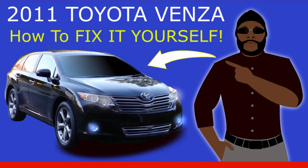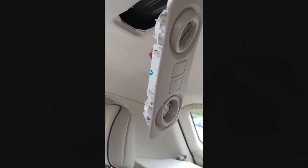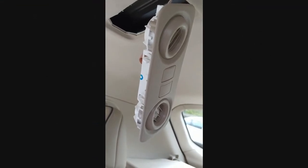My 2011 Toyota Venza. How to fix it yourself. Okay, this is my 2011 Toyota Venza. Took me about an hour, but I finally figured out how to get it out. If you have one like this,